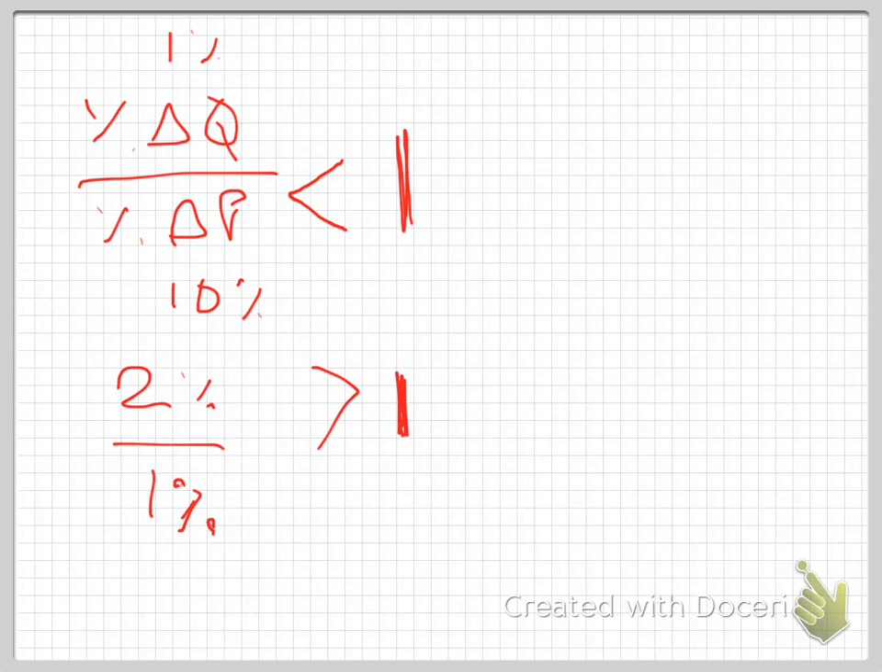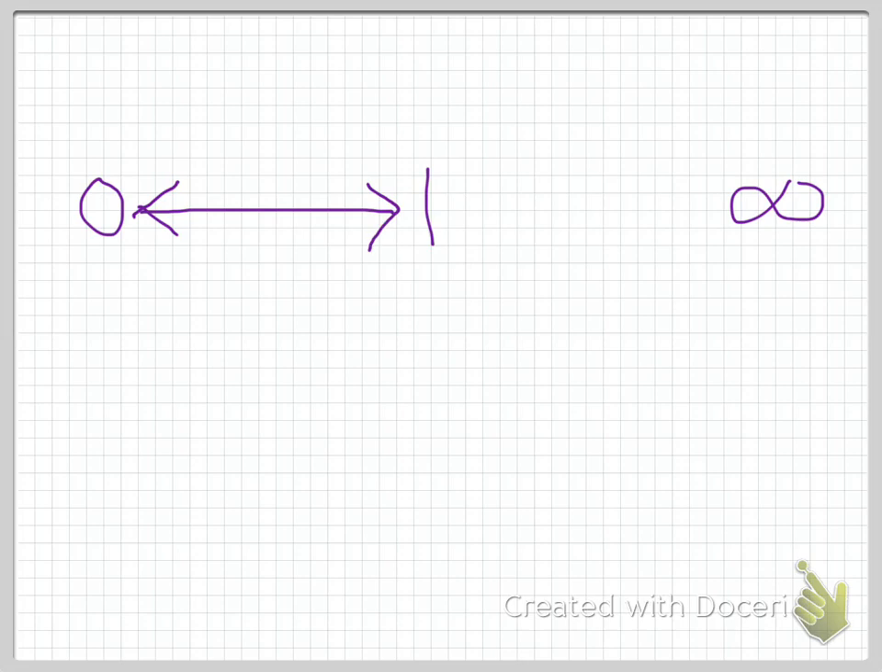So let me draw you a little chart. Another page. Here we go. From 0 to 1 to infinity and beyond. So we're going to have this range, and basically, by the way, 1, if the elasticity is 1,